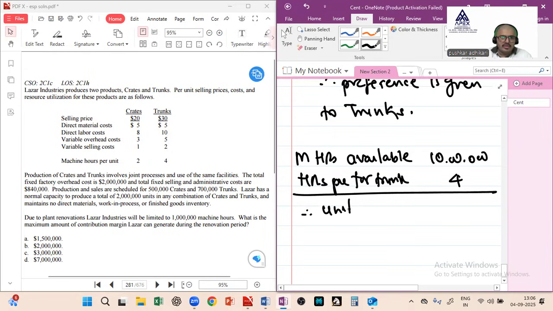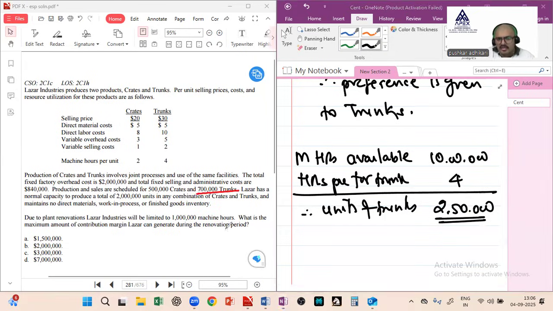Therefore, how many units of trunks can I make? I can make 250,000 units. What is the market demand of trunks? Sir, it's 700,000. So, owing to the limitation, while the market wants 700,000, I can provide the market only 250,000. Therefore, with 250,000